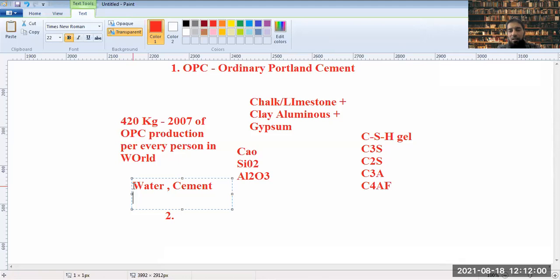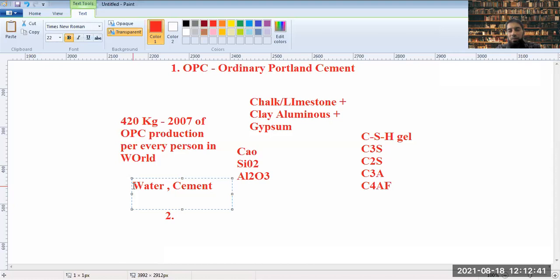So if 33% of water is required for concrete production, that would mean around 33% of the world's water is going into the production of cement. If water and cement consumption is the same, not production, that means 33% of the world's water is going into concrete production. So that's a lot of water going into this.